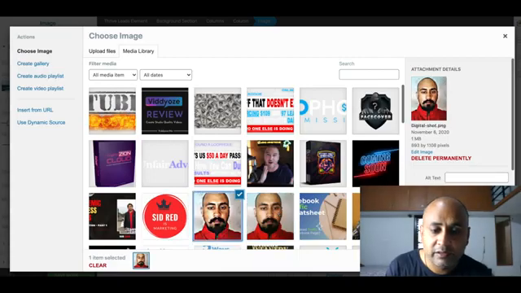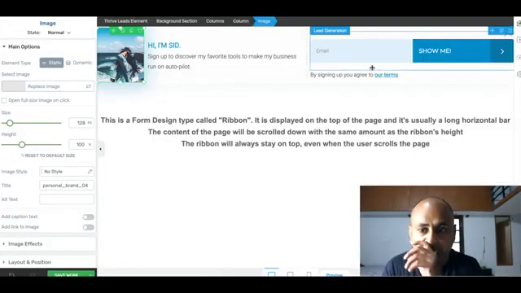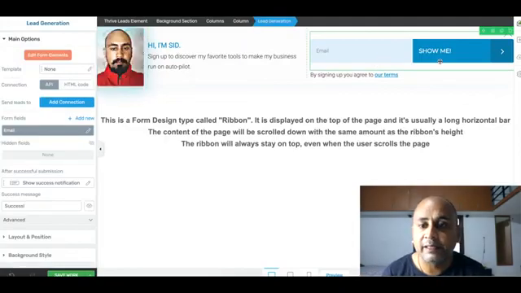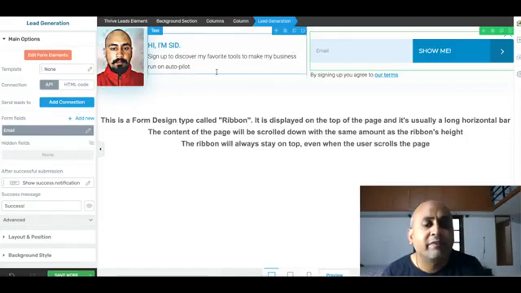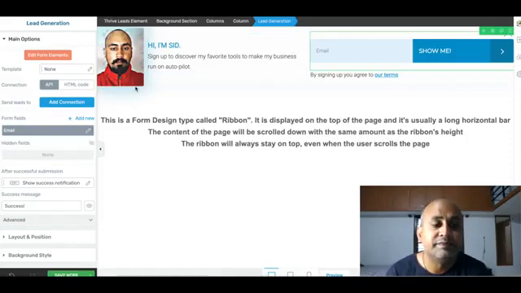In this state, I'll change a little bit of the image. And here you can see this is a place which captures the email address of your potential lead, right? So once someone comes here, he has to enter his email to get the favorite tools like autopilot things, right?